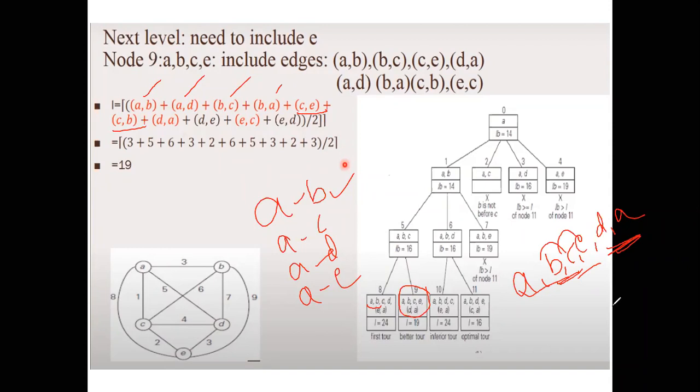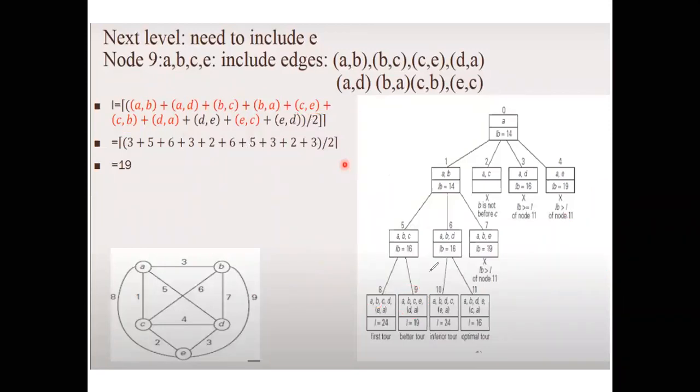Correct. Next, go for D. So go for D to A and D to E. Correct. So D to A, D to E. So write down these two. Okay. Now C to D, C to E. E to D, E to C. Correct. So E to C, E to D. So write down everything and divide by 2. Okay. Clear? So if you write this path, you will get a clear picture because we know there should be a path. The other cases should also be possible. So if you find out everything.